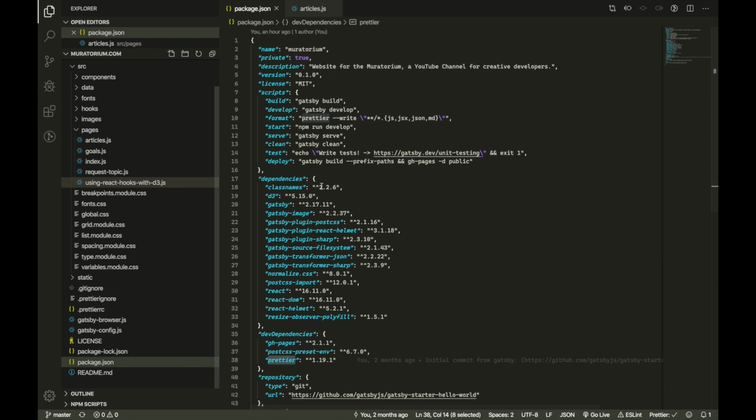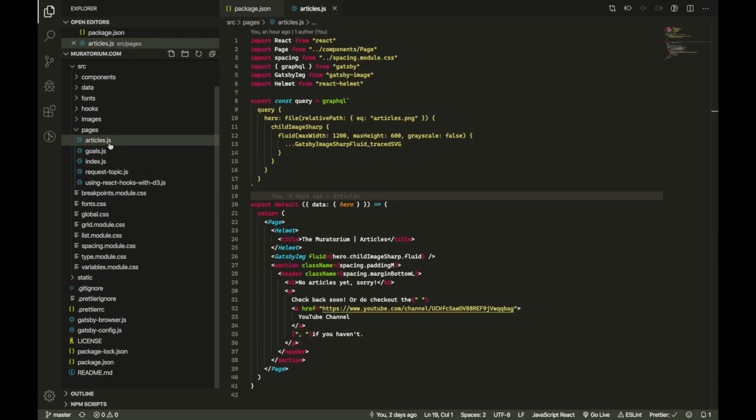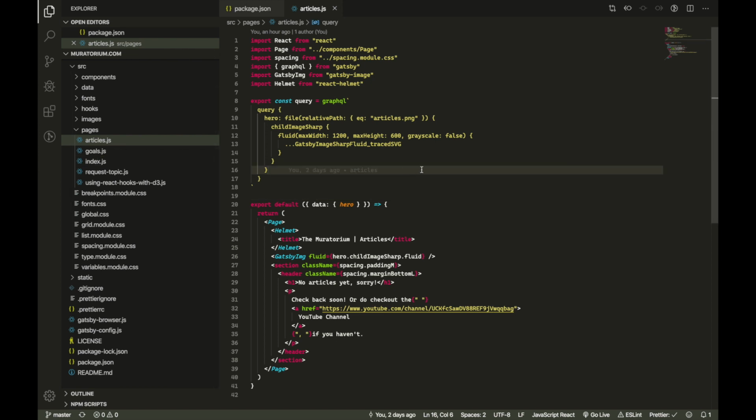The way Gatsby works is that it creates a page or a route for you for every file in your src/pages folder. The articles page, for example, is created by adding this articles.js file. And here you can see that Gatsby is using GraphQL. So GraphQL, I am definitely no expert in it,